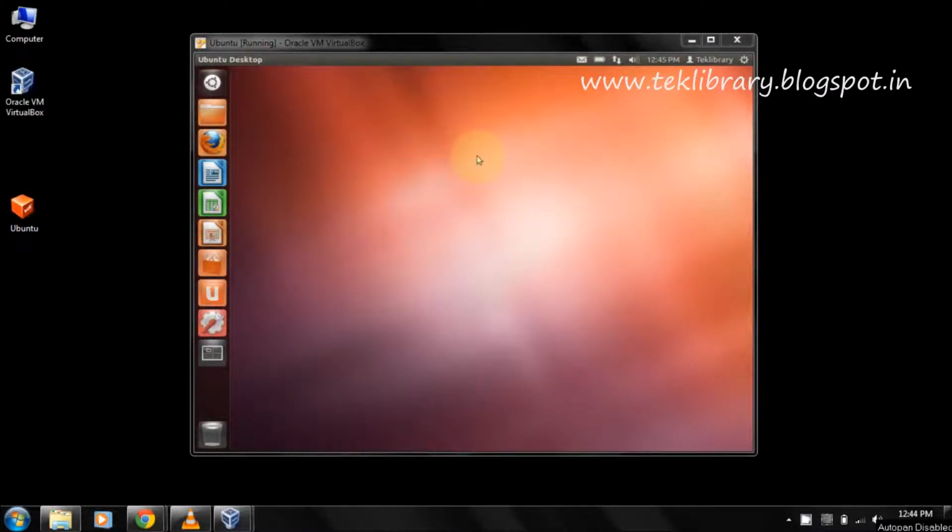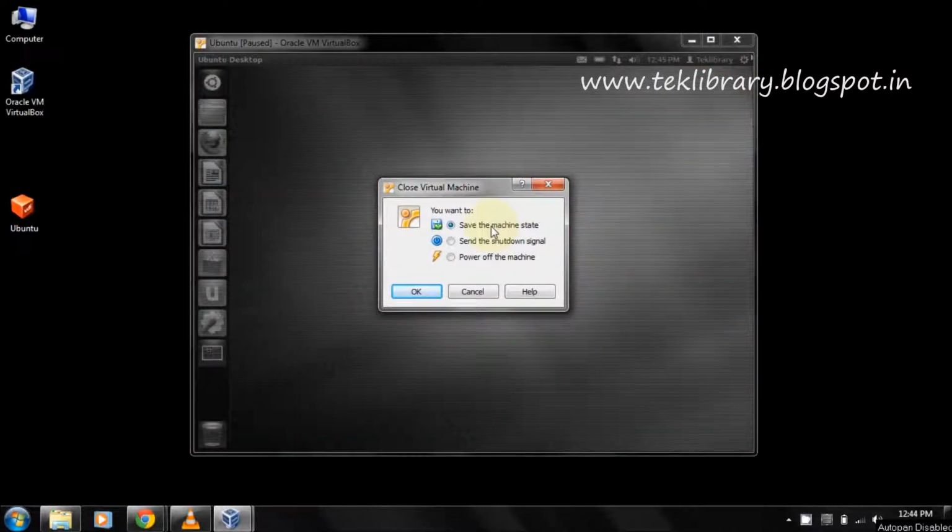Now that you see it is installed, to close this, you need to close here and select one of these three options. Save the machine state corresponds to hibernating the system. Send the shutdown signal is equivalent to shutting down the system, and power off is